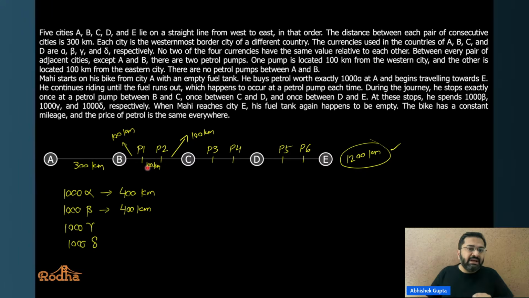इसका मतलब क्या हुआ? That if this is 400 kilometers, this cannot be 400 kilometers. ये तो 400 नहीं हो सकता. फिर अब ये 400 नहीं हो सकता. What is the only other option? इसका मतलब क्या हुआ? P1 से ये P4 नहीं जा सकता, तो ये सिर्फ P1 से P3 जा सकता है.